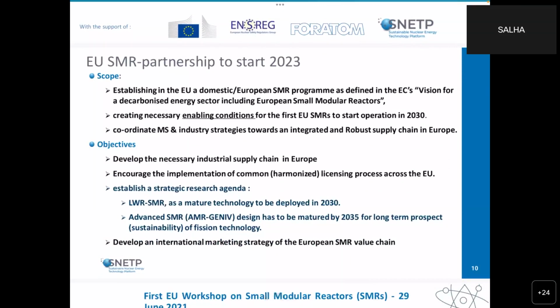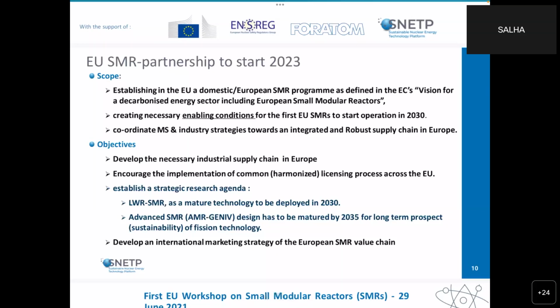So the main goal of this partnership is to create a sort of global vision and to create, and those are the important words, enabling conditions for different EU SMRs to be built in, let's say,